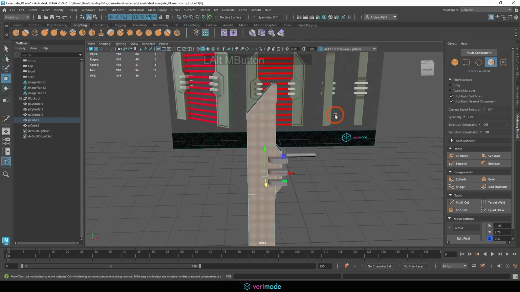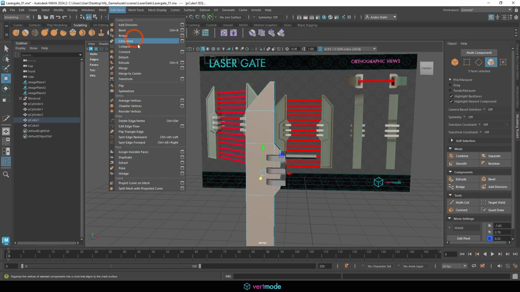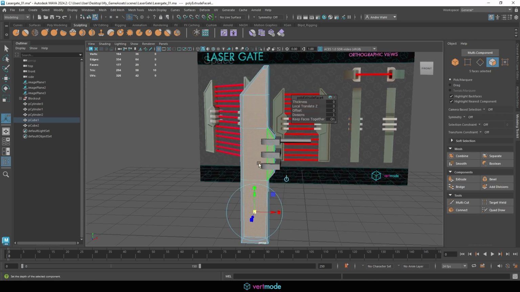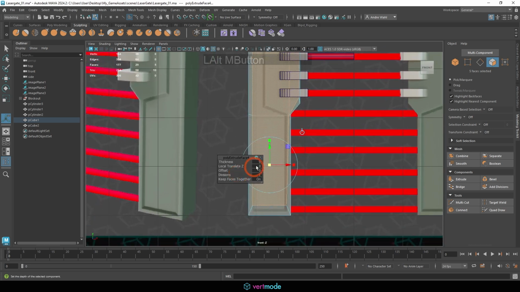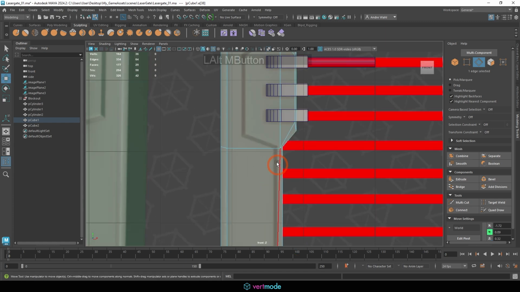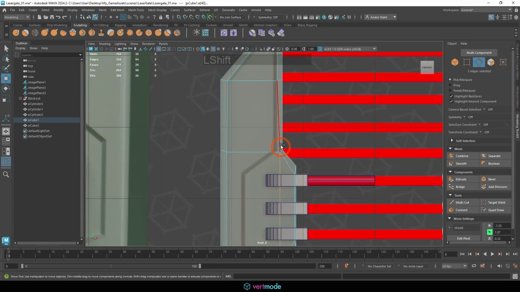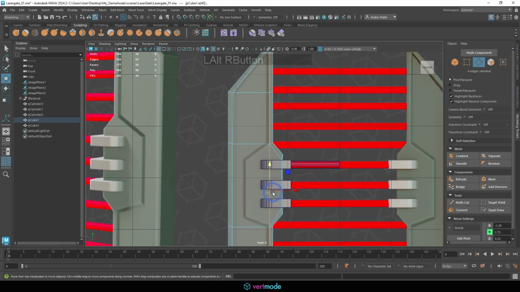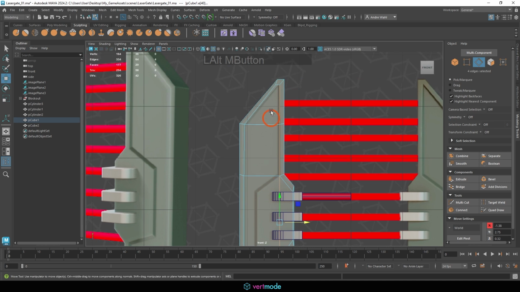And if I come into my extrude tool, I can go to edit mesh extrude. We can utilize the scaling here to just scale these in to create the inner topology we're going to need for this area. Now, it's okay if this isn't exact because I can come here into edge mode and we can start moving them into place. I want to keep this flat though, because ultimately we're going to use this as a base to extrude later. So let me flatten these out and just kind of pull them into position here